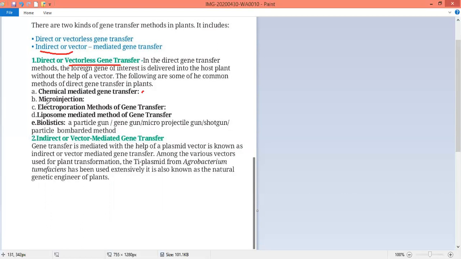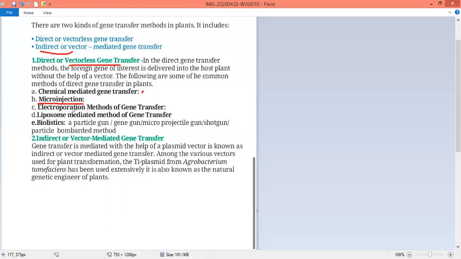And let us take microinjection. The name itself indicates you can directly inject foreign DNAs or target DNA solution into the host cell with the help of a micropipette. So you can hold it on culture medium, and with the help of microinjection you can directly inject recombinant DNA molecules or foreign DNAs into the host cell. So a holding pipette is highly essential. It is able to hold.